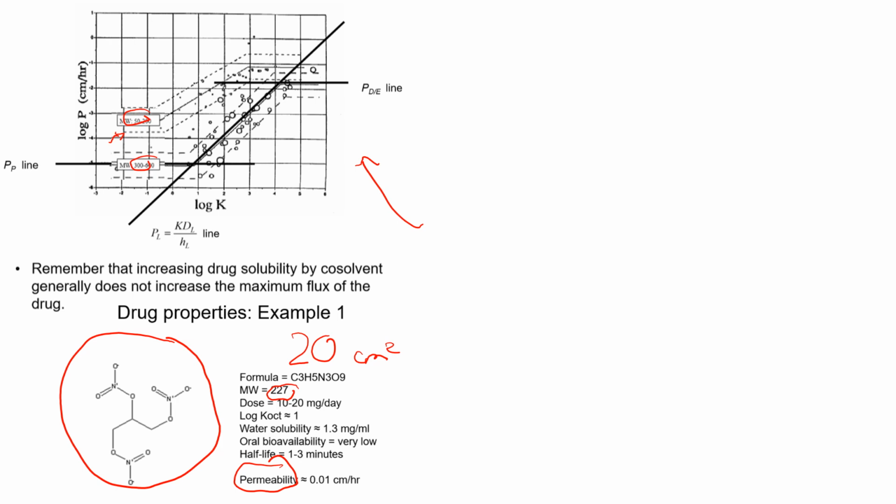So if we get 227, we'll just say it's that dotted line, right under 50 to 200. Next up, we want our octanol coefficient, or log K oct. One is right here. That's this vertical line. Essentially, we're drawing a vertical line here, and then we'll follow this dotted line graph, and we'll make a point right here. This is what we can assume the permeability of our drug is going to be. And this is really hard to see. This is 1 times 10 to the negative 3